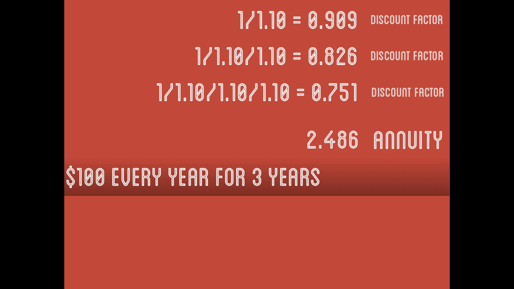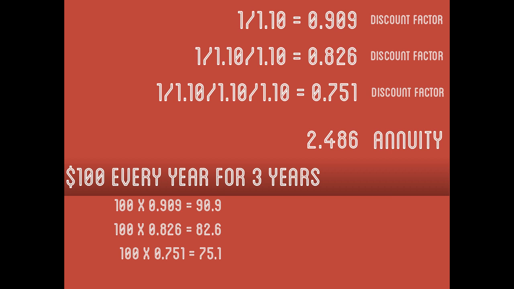Okay, discount rate 10%. Well, what we could do then, we could say, right, the 100 at the end of year 1, all I need to do is times it by the discount factor, and that makes it 90.9. The 100 that I receive at the end of year 2, I times it by the year 2 single discount factor, which will make it 82.6. The one I get at year 3, similarly, I'll use the year 3 discount factor, which gets me 75.1. And if I add all those down, that 300 that I've received, taking into account the time value of money, taking into account the discount rate, would give me